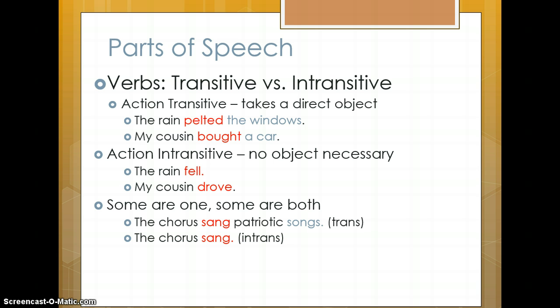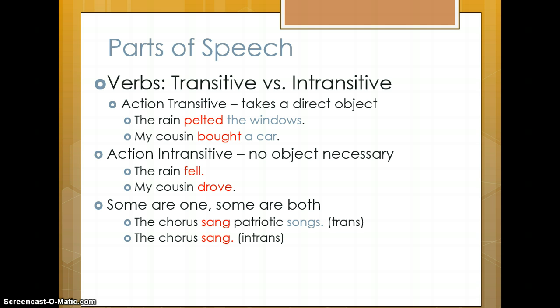A couple of different types. Action verbs that are transitive. It means they take a direct object. We'll get more to direct objects later, but here's a couple of examples for you. The rain pelted the windows. My cousin bought a car. What you see there in red are actually transitive verbs, and you can tell that because they don't make sense